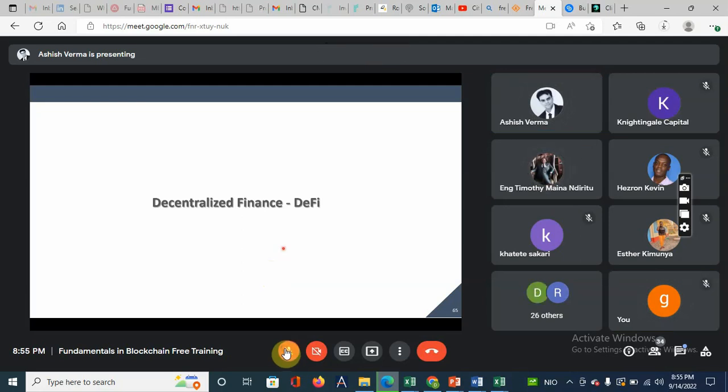Yes, Ashisha, there is a concept of smart contracts. Timothy, let me brush over it briefly. The terminology smart contract, people say these are not smart and not even contracts. This is just code. As I said yesterday, if you are writing a particular code in Python and we say if this happens, then this should be the result.